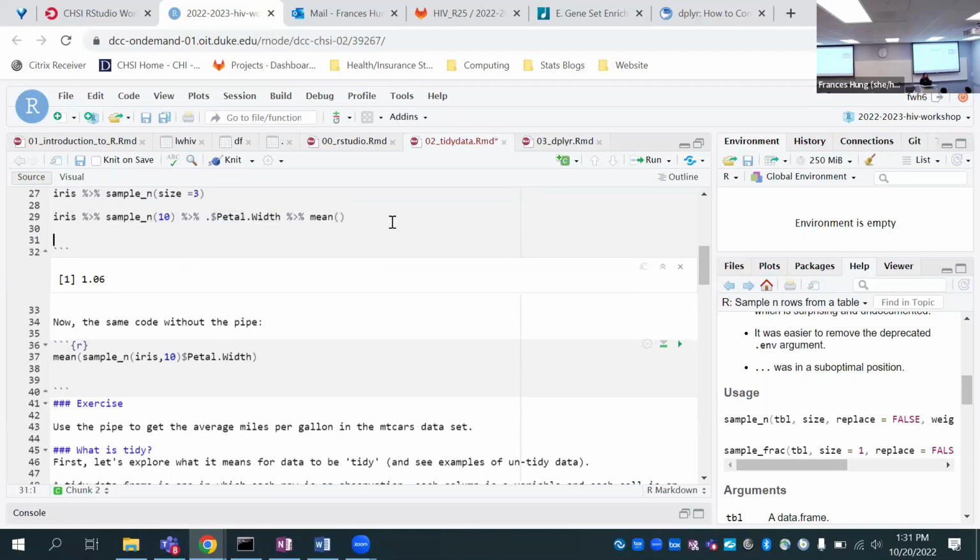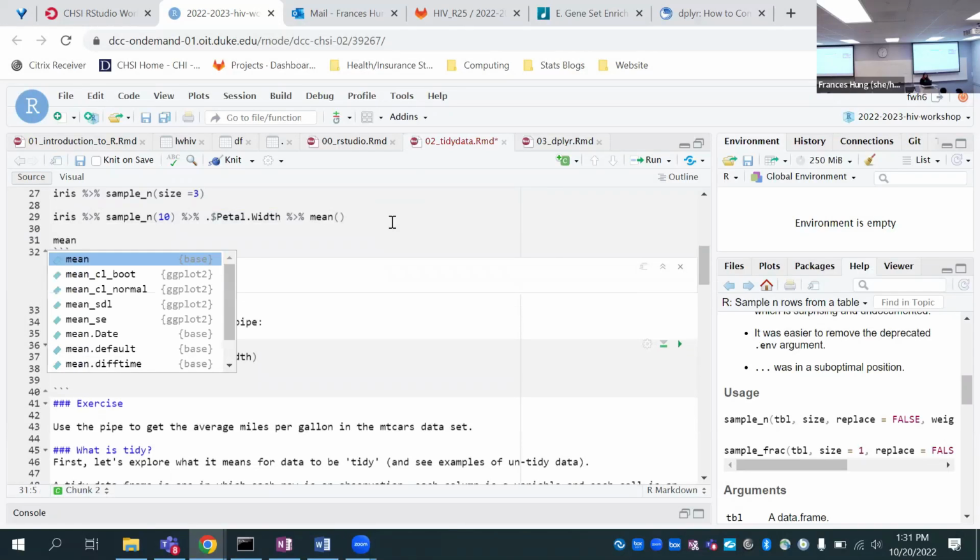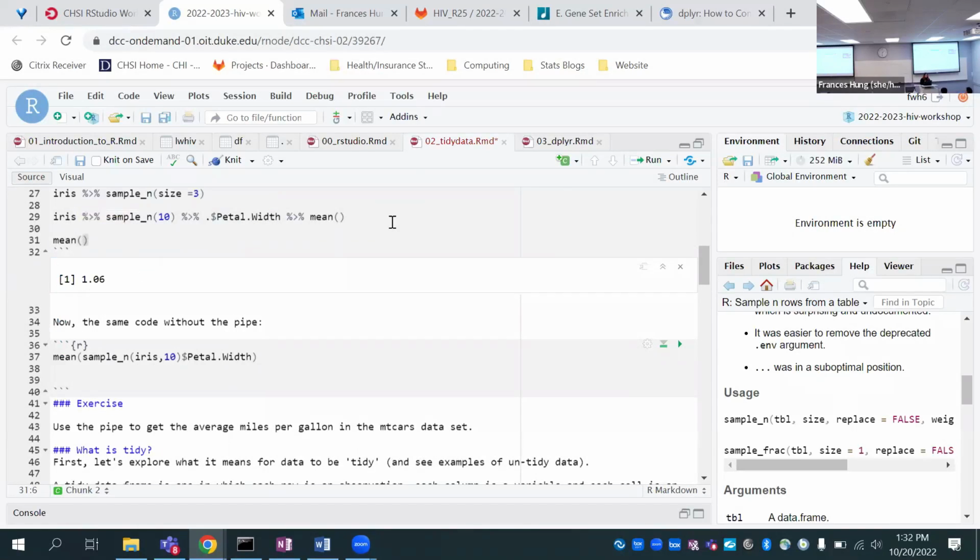Okay, so just to give you an idea of how much more readable tidyverse is than normal R in these situations, I can just type this like we were doing in base R. So in this case, it'd be something like... sorry, it's the next line. What's the next one? Oh, it's over here. Yes. Great.